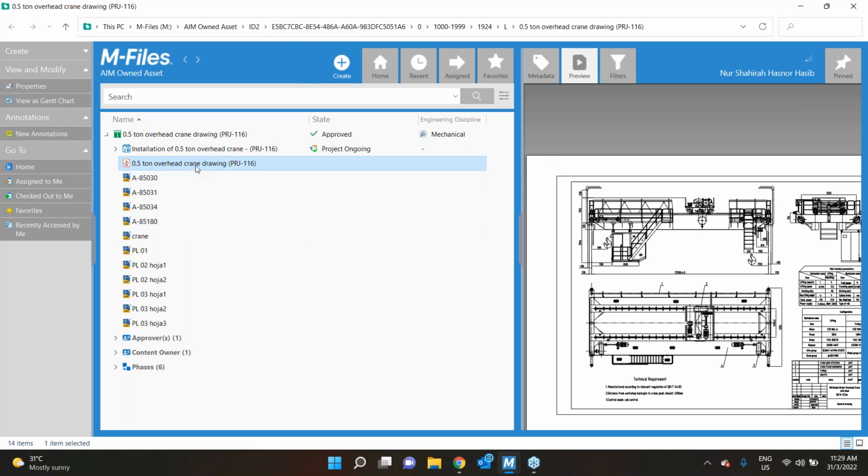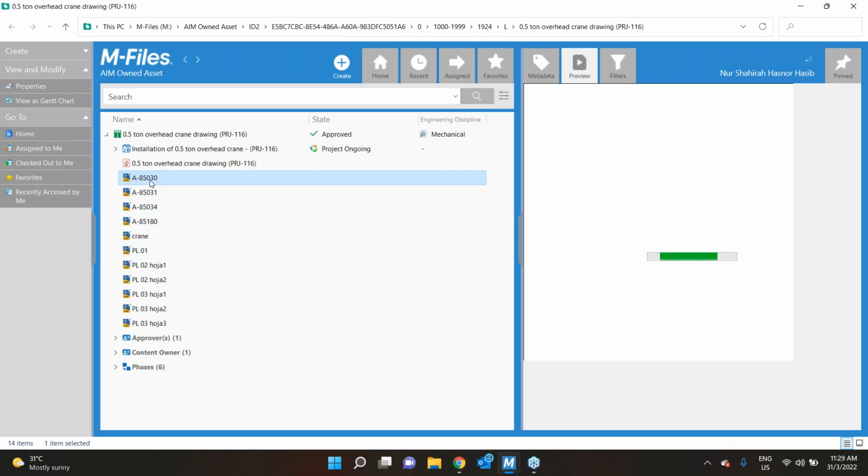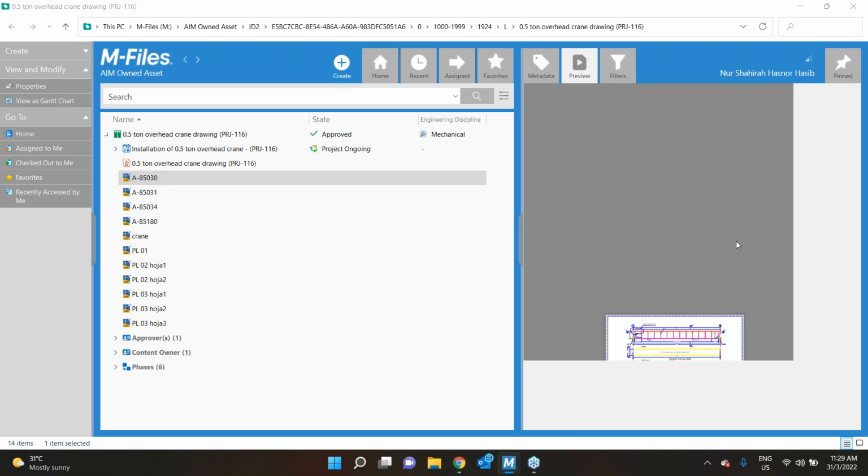All right, so if you have the proprietary software installed in your laptop, where you have your M-Files desktop client, you can view that file in the preview section. For example, if I have this one in the CAD version, so if I click preview, you can view that document in here, since I have the proprietary software installed in my laptop. Right? Okay.